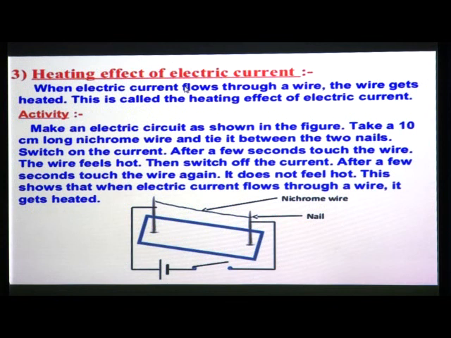So, whenever electric current is passing through any substance or any wire of any metallic substance, that substance is going to become hot, and when there is no electric current flowing through these metallic wires or substances, then the heating effect will not be seen there. So, this activity is given here to prove the heating effect of an electric current. So, we will see a video, then you will understand this concept properly. What makes the iron box heat up?